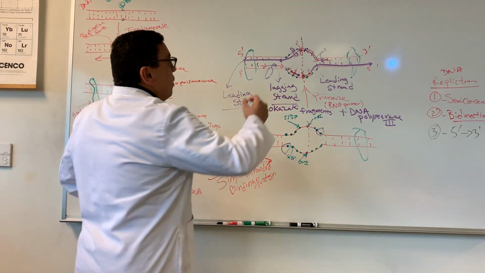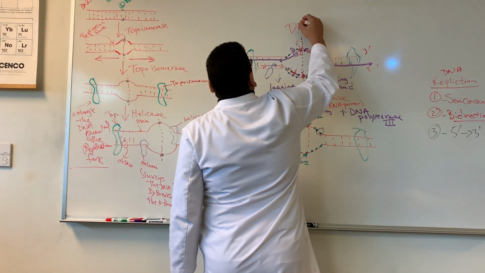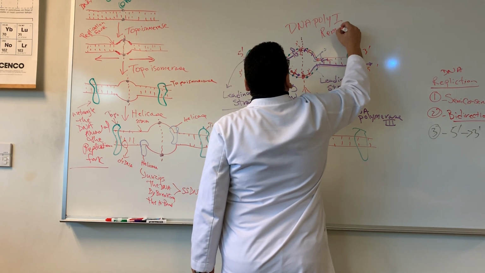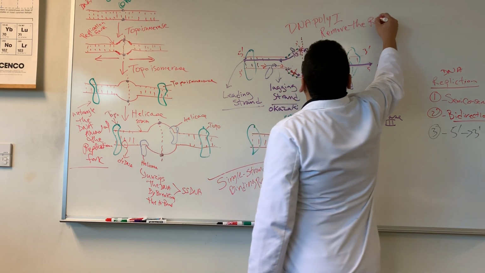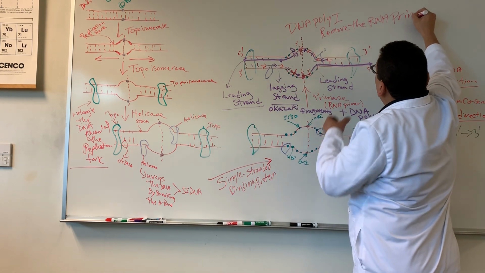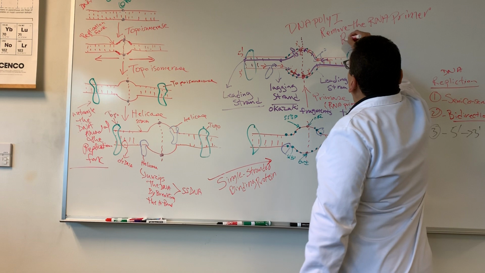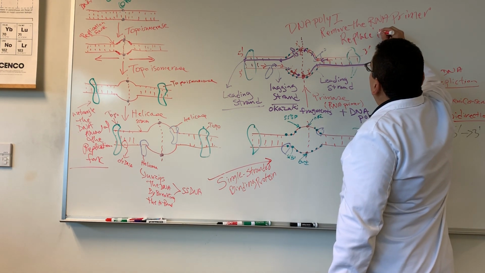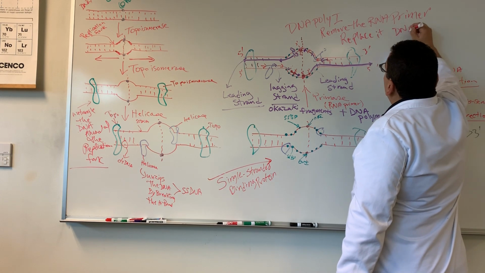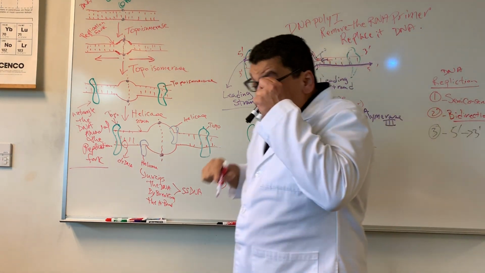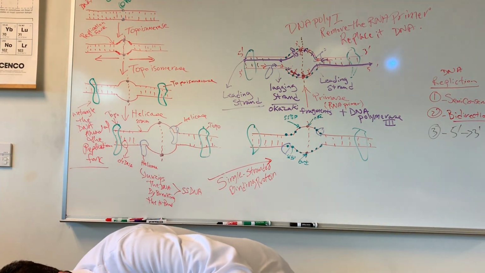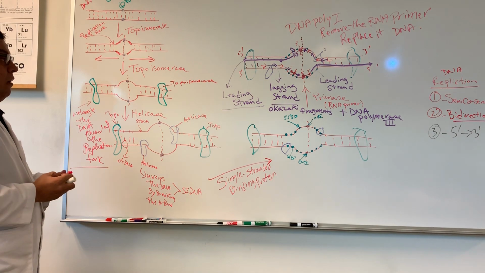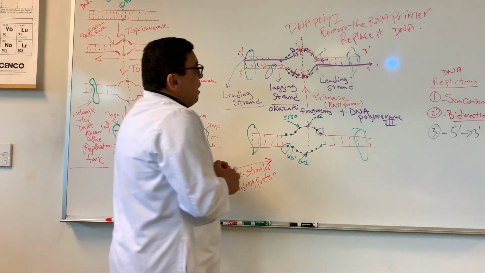So the next enzyme that comes in, I'm just going to write it. DNA polymerase I will remove the RNA primer because it already did its job and replace it with DNA. So at the end, all you're going to have is DNA because that was the intention anyways. But if you realize something,